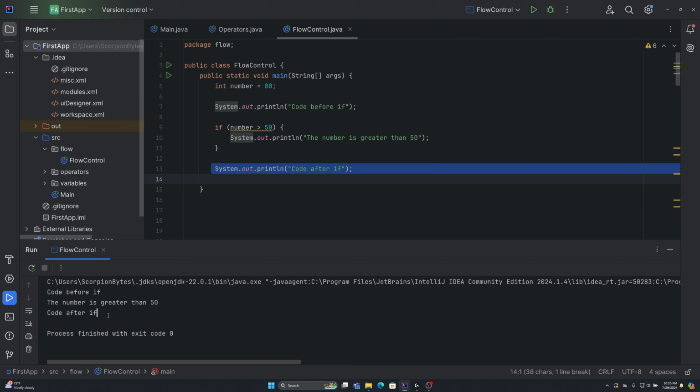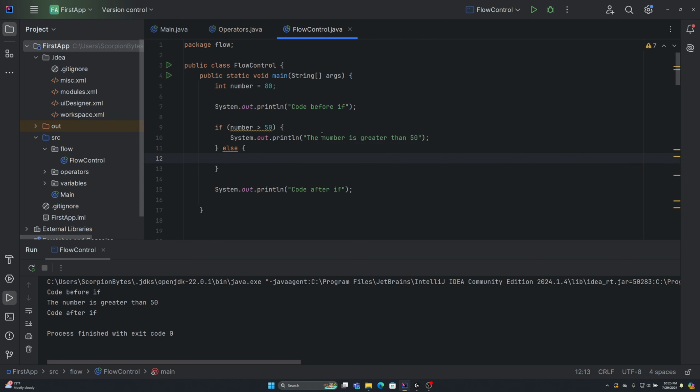Now let's add our else statement. Since the code inside else will only be executed when the condition is false, I will print the message the number is less than or equal to 50. Now let's quickly run the program as it is to see that the else branch is skipped. As you can see, since the condition is true, the code inside else is not executed and the message